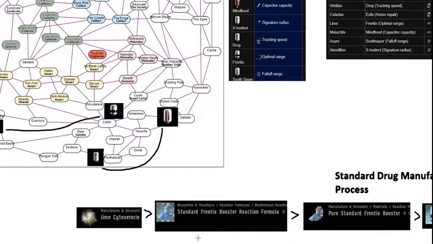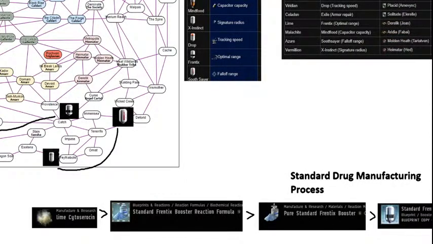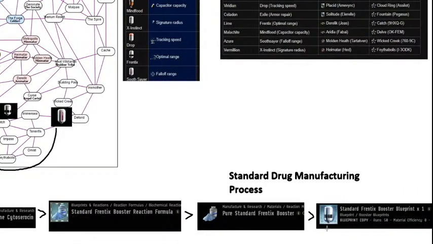So you start with the gas, and then you need a reaction booster formula. Later, I'll talk about where you can get those kinds of things. That turns into a pure standard Frentix. One good thing to know: the gas is huge, hard to transport, whereas the pure standard Frentix is much smaller and easier to transport. Then you need to get a blueprint copy, and you can turn that into the